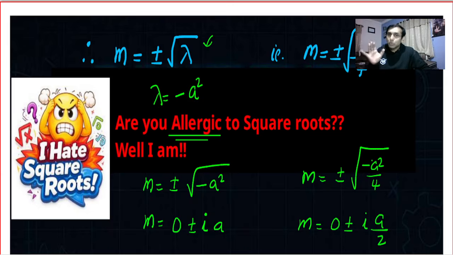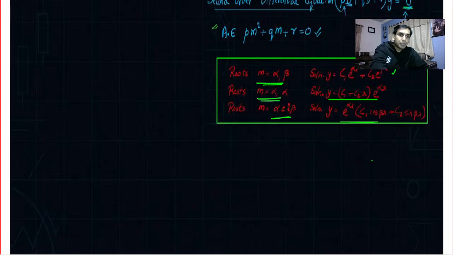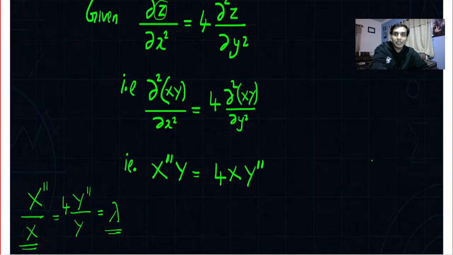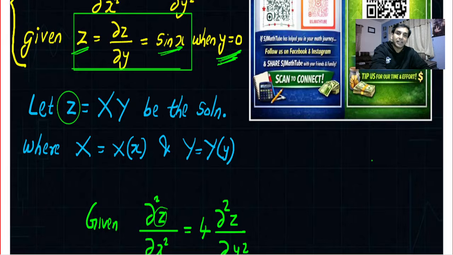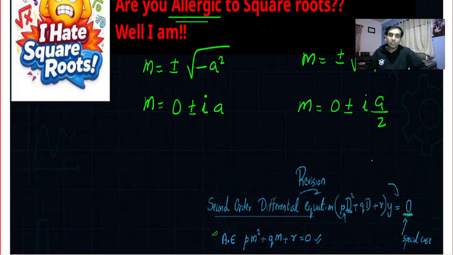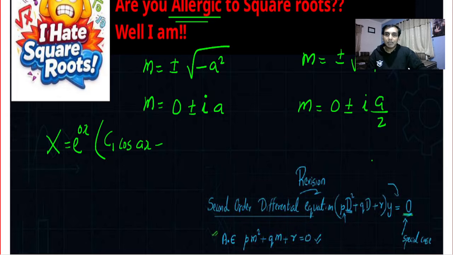And I have two options. I can keep plus a square or minus a square. But if I keep plus a square, I will end up getting an exponential function, which I do not want because I already looked at the question. Look at the boundary condition. For that reason, I kept minus a square so that I'll get the solution to be e power 0x, c1 cos ax plus c2 sin ax. And here I'll get the solution y is equal to e power 0x